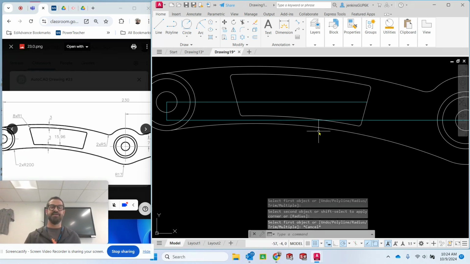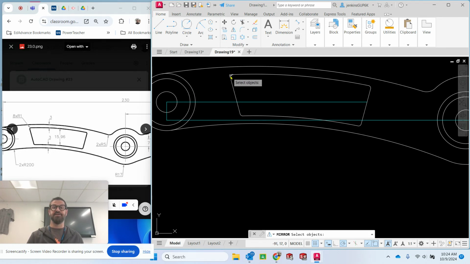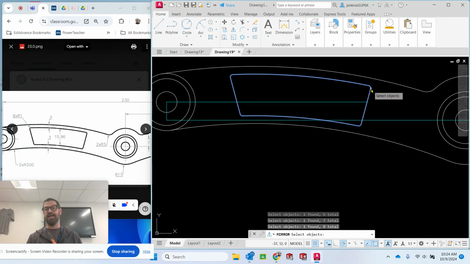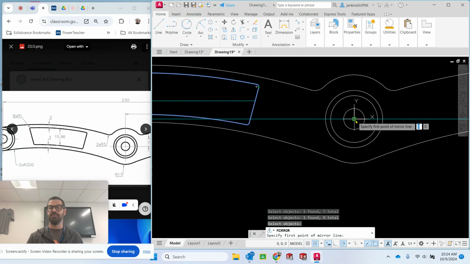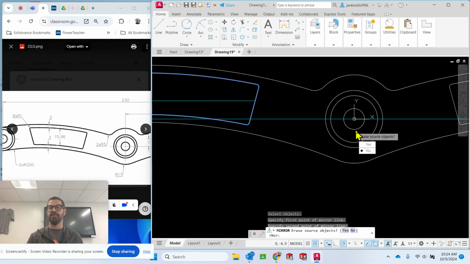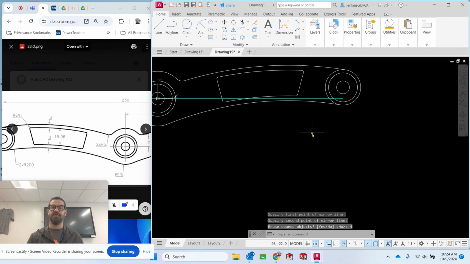All right, now the last thing I want to do is I want to mirror it to the other side. Okay, so mirror tool, select all my objects, don't leave anything behind. I think there's everything. Once you select everything, you hit enter to select. Now you got to tell the mirror, where is the mirror line? There to there seems good. Don't erase anything else, and I think